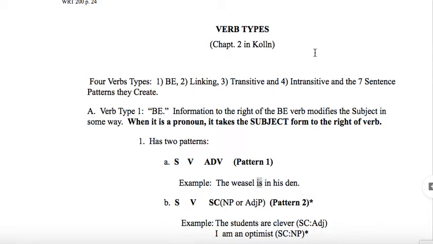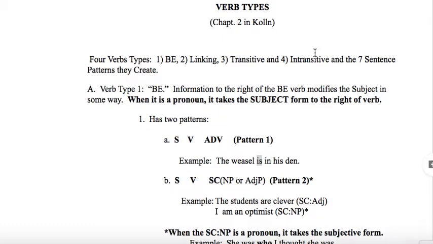In this video, I want to focus on verb types. I'm on page 24 of the grammar packet, and my section here corresponds very closely with the Cohn and Gray text, so it supplements that. Some of the examples are actually from that. So Cohn and Gray separate out the different types of verbs into 4 categories, but I wanted to note that